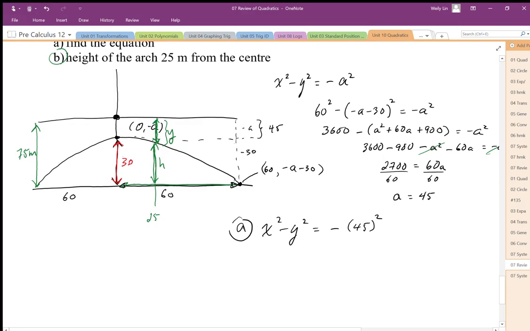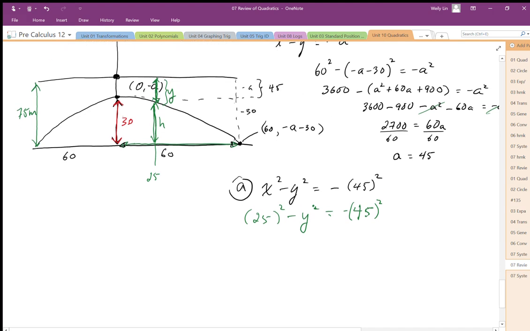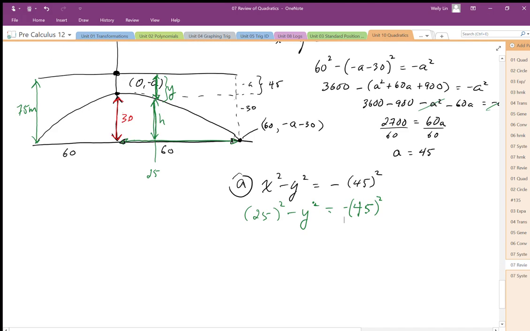I know that x is 25. And then I just need to calculate the y value. And from the y value or the y position, I can probably figure out the height. I just have to be aware that the y is not the height. So 25 squared. Okay, so what am I getting here? 25 squared